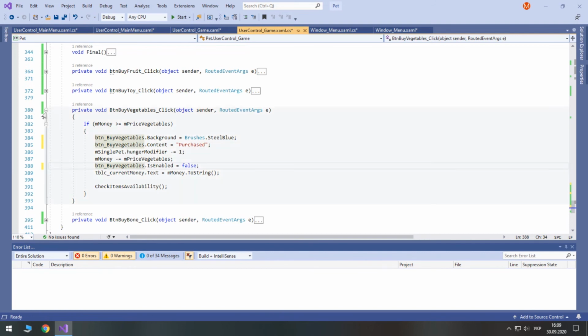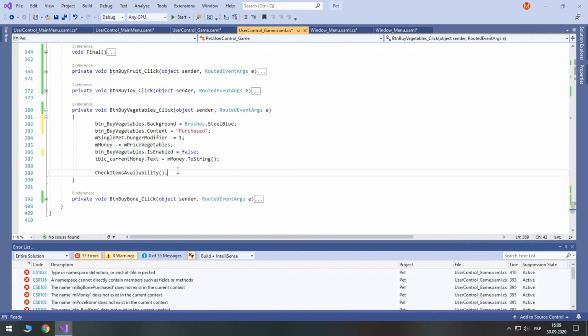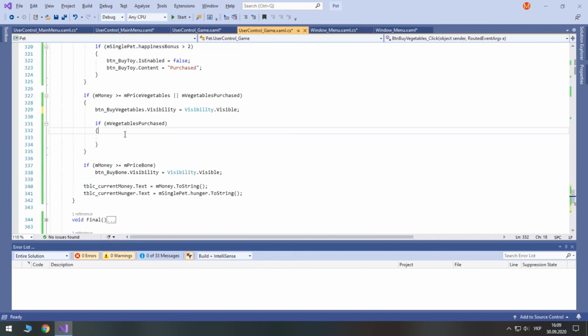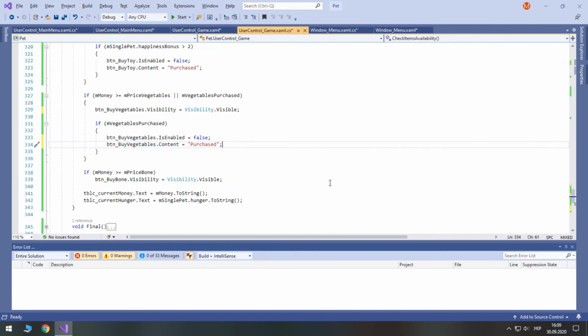Okay, so if we buy vegetables, we subtract money, make it not enabled, you don't need the color, so just cut it, paste it here. Okay, so make it false and purchased. Good.